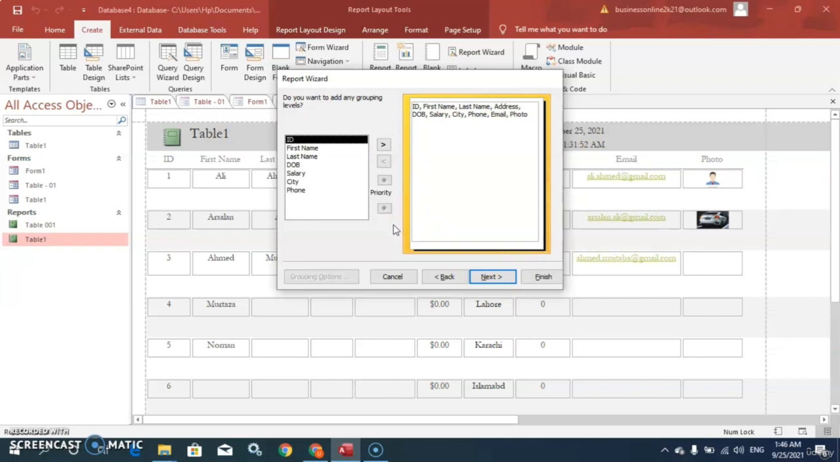You can also set the priority for any field. Like in this case, we can set the priority so that it can be sorted city wise. Let me select the city field as priority. See, it will be sorted as city wise, right? Then next,